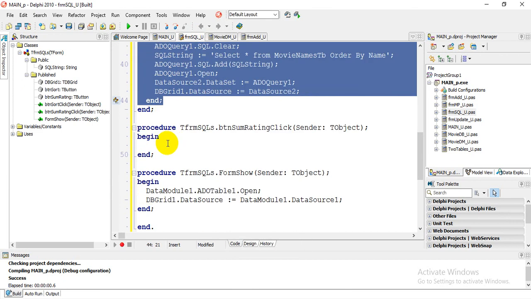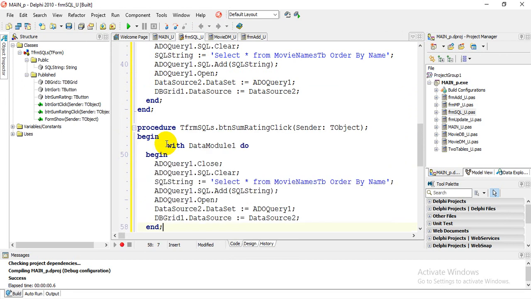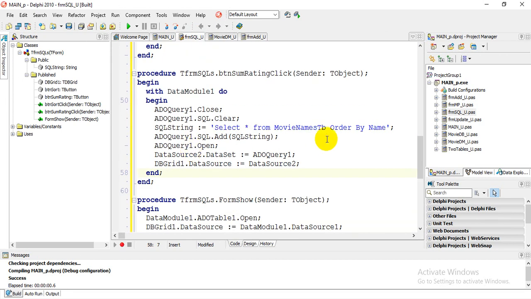So I'm going to copy that code and place it in here, and then I'm going to edit that code. You'll notice that our SQL needs to change. So we want to say, and this time we're going to use a function. So I'm going to say we have a field called rating. We're going to find the highest rating. So the SQL will be MAX, and in brackets rating,